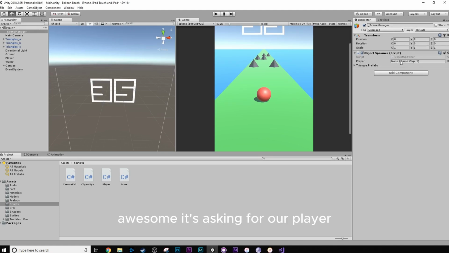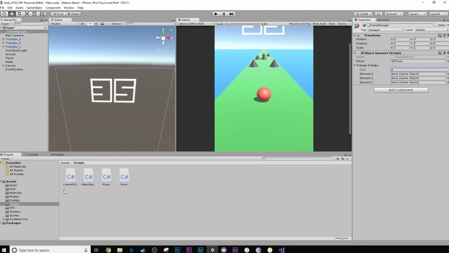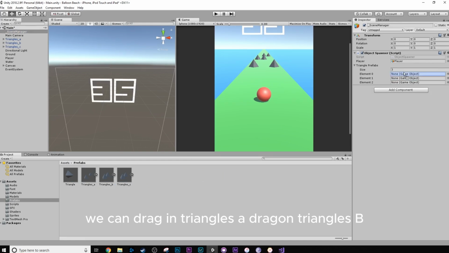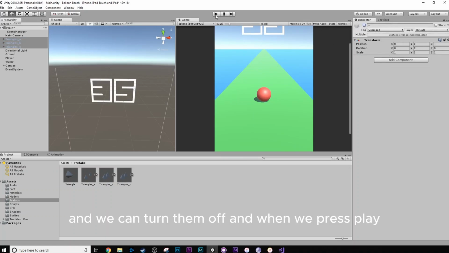Awesome. It's asking for our player, so we can just drag our player in. It's asking for our triangles. So if we open up this tag, it's saying, well, we actually have 0 objects so far, so we can just change that to 3. And then we can go over to our prefabs. We can drag in triangles A, drag in triangles B, and we can drag in triangles C. Then we can take these 3 triangles and we can turn them off. And when we press play,